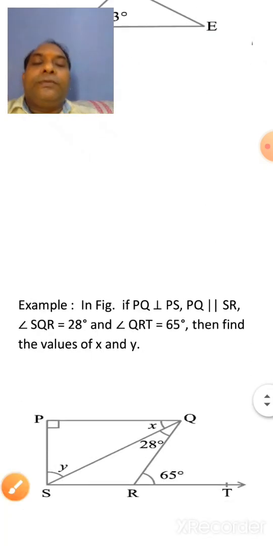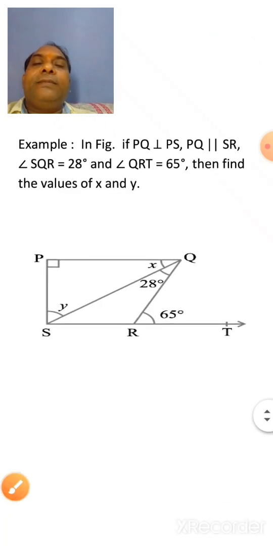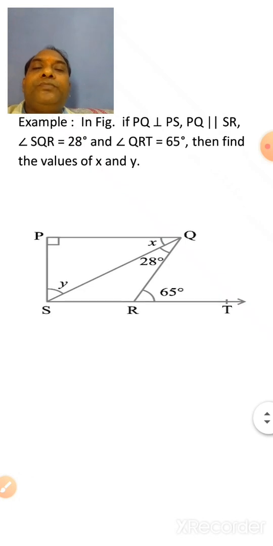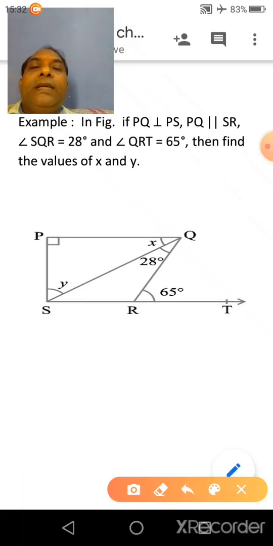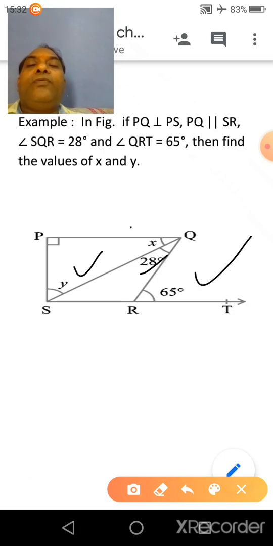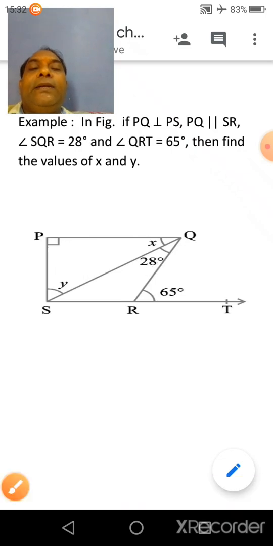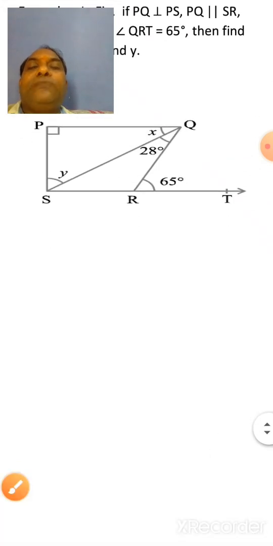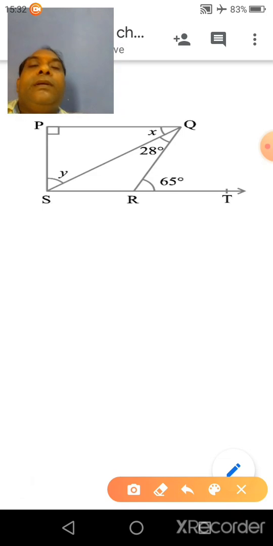Now next example, in this figure angle SQR is 28 degree, angle QRT is 65 degree. You have to find X and Y, and PQ is perpendicular to RS, so this angle will be 90 degree. Clear? You have to find X and Y. Now see here,